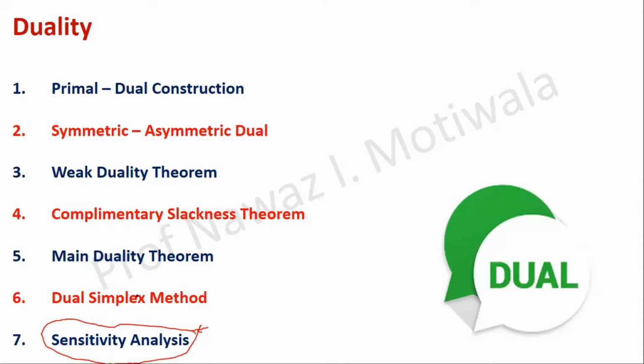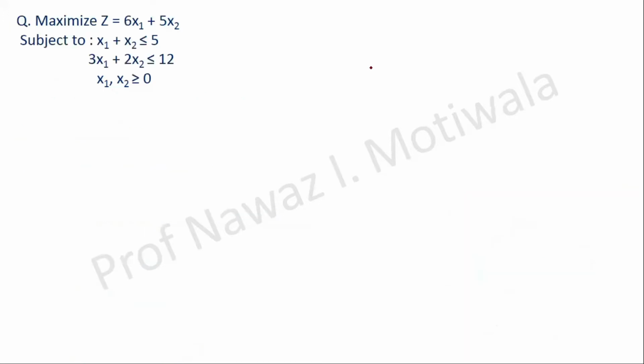For the first problem which we will be solving by simplex method: maximize z equal to 6x1 plus 5x2. This is my main objective which we have to maximize. The first constraint given to us is x1 plus x2 less than or equal to 5, and 3x1 plus 2x2 should be less than or equal to 12, and x1 and x2 should be greater than or equal to 0. So before starting the problem, we have to first convert